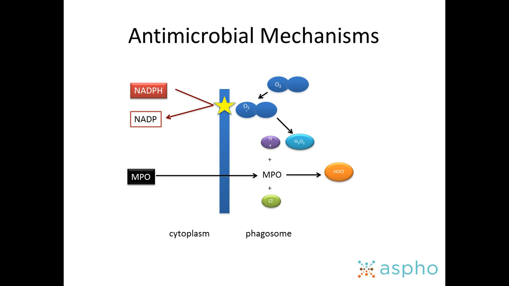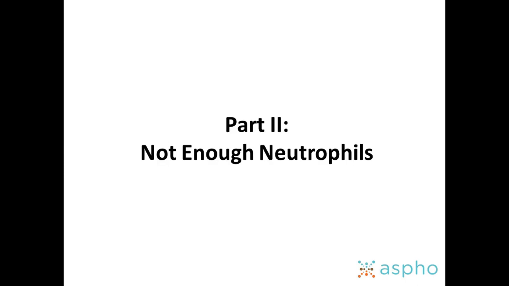What is important, I think, is understanding the antimicrobial mechanism. So once the phagocytes have ingested their target, what do they do with them? Because the target that's been ingested isn't dead until it gets killed, and so this isn't a passive process, but it's mediated by oxidative metabolism. So you have to have sort of intact NADPH and myeloperoxidase, and if you're missing part of your oxidative metabolic machinery, you're going to end up with certain diseases that we'll talk about later.